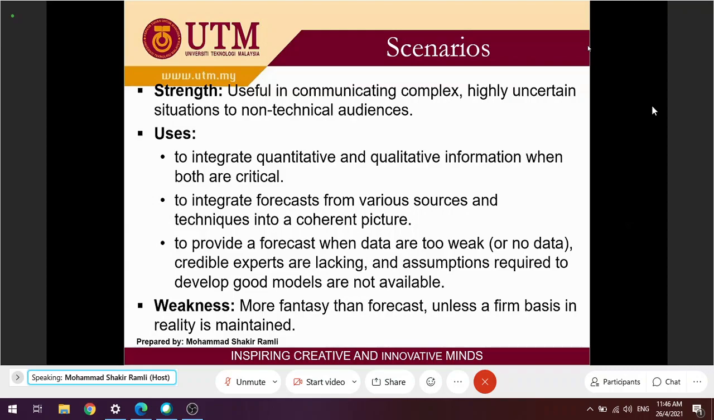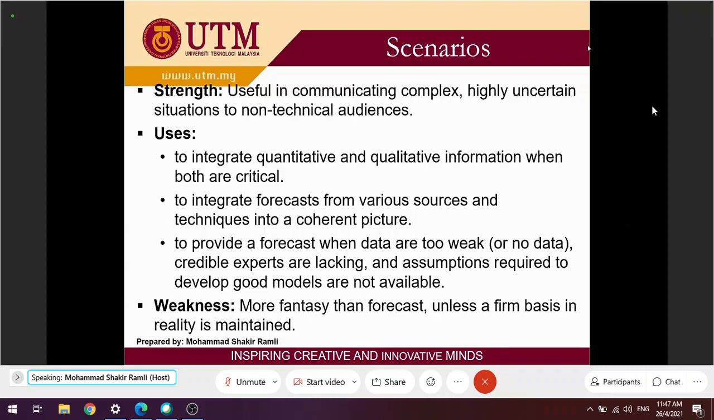To provide a forecast when data are too weak or there is no data at all. We don't have mathematical data, such as in a startup business, a new incumbent in the market. We want to start to introduce our product technology, so we don't have any data, or we just have weak data based on our customer data or our expected